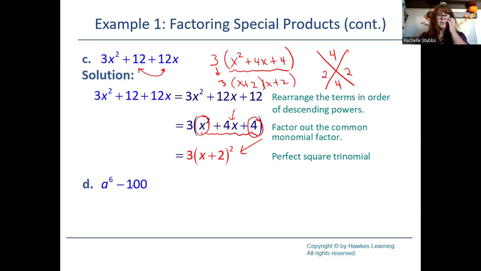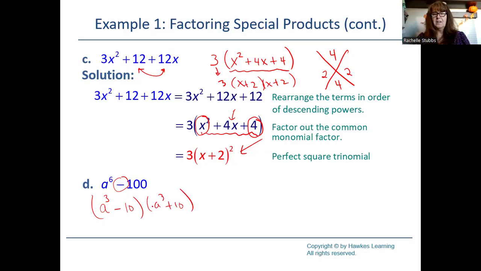Okay, so I'm going to look at this one. Notice there's no b term. That's a big hint, and it's negative. That's telling me it's most likely going to be factorable. So I'm going to look at this. What is the square root of a to the 6th? Can you think about that? That would be a to the 3rd, wouldn't it? And what is the square root of 100? It's 10. So if I were just to factor this really quick, it would just be